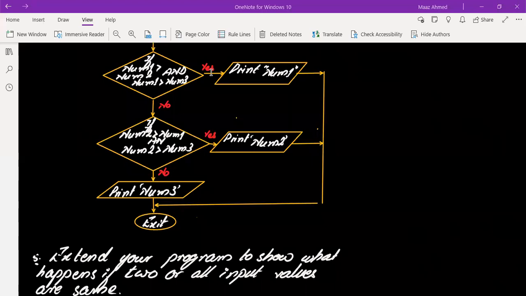You cannot do that, right? If you can, then why be so stuck in life? In short, I'll give you a hint. You just need to put up one more decision box and that's all. All numbers equal. You can't put up the English over there because English is not understood by the program. If num1, num2